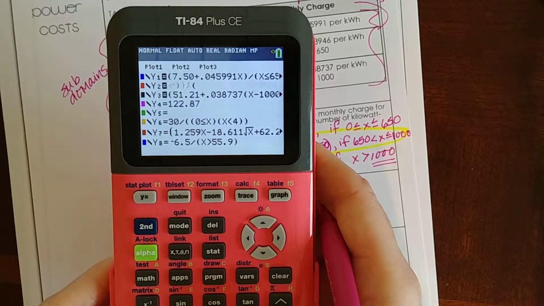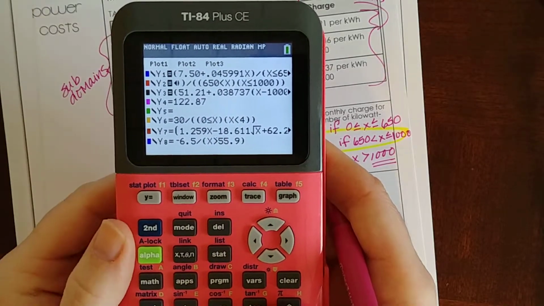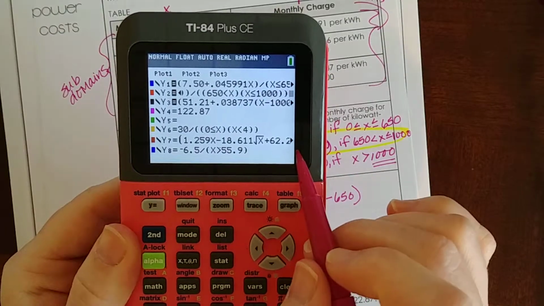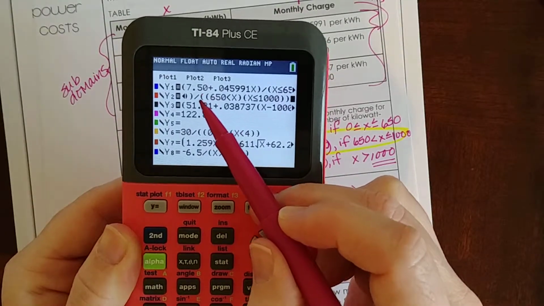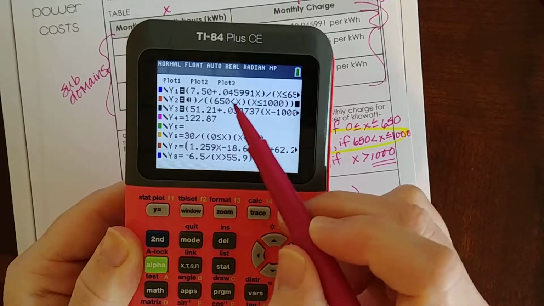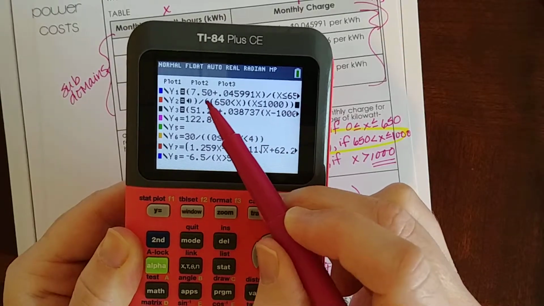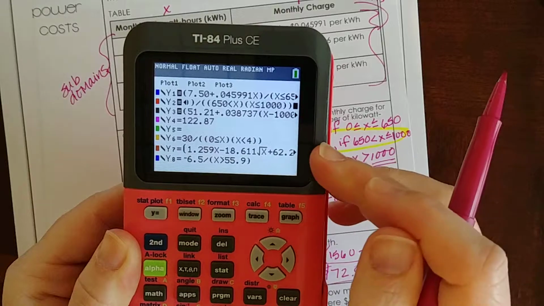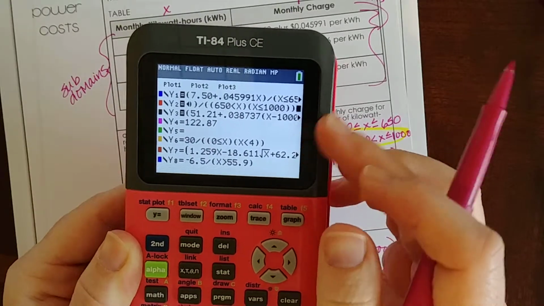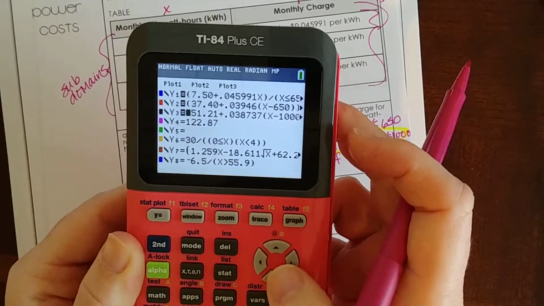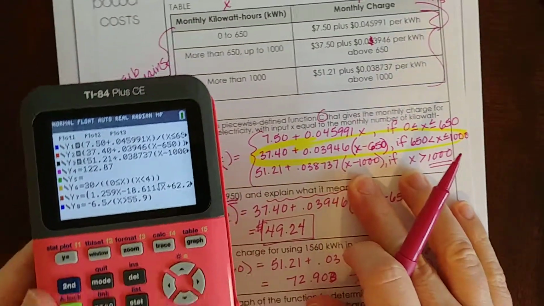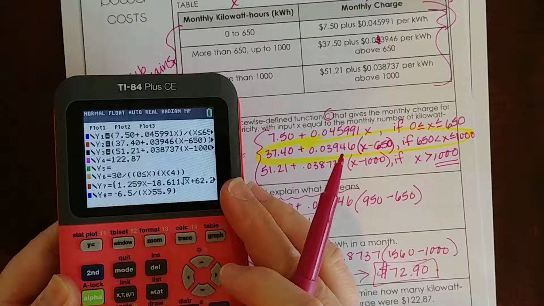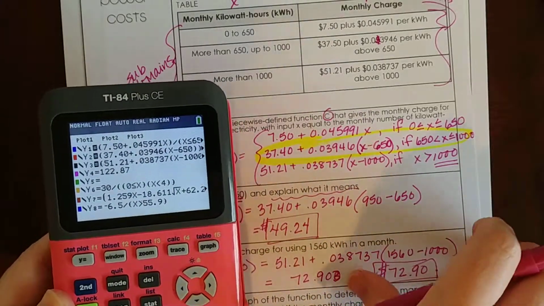The other thing is, you might recall that last time we got that little red line that wasn't included. I figured out how to eliminate that, and that's by putting the compound inequality within another set of parentheses. And then that will clean up your graph a little bit. All right, so take a moment to enter this equation into your calculator, and then we're going to let